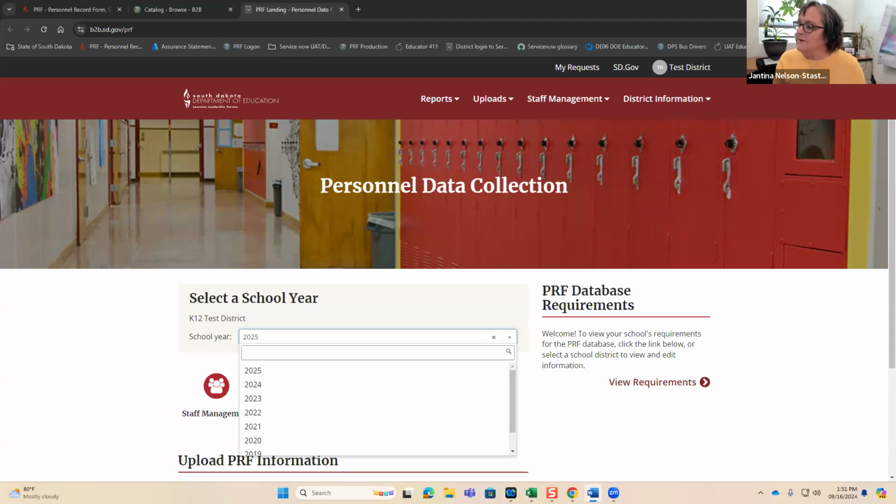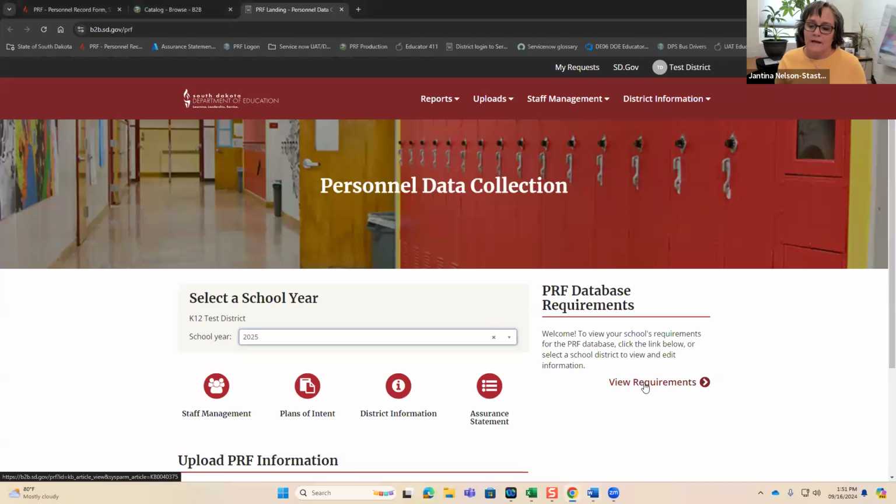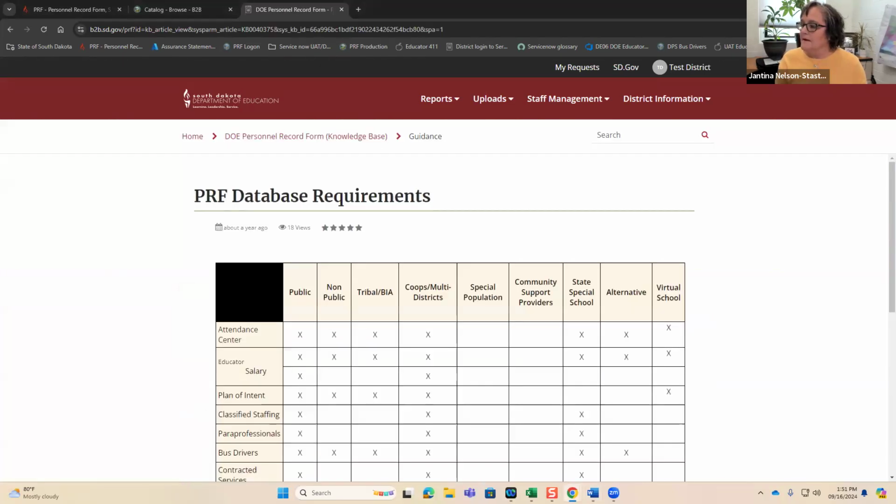So as you get familiar with the layout of the PRF landing page, we hope that the terminology and components start to look familiar to your previous work in the PRF. If you click on the view requirements, this screen provides a visual representation of data requirements that otherwise will become apparent as it determines which menus your district has access to.